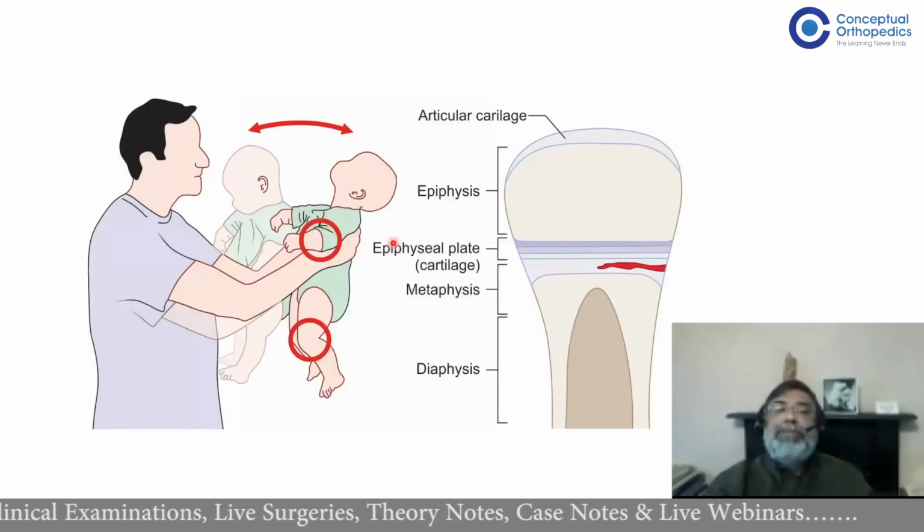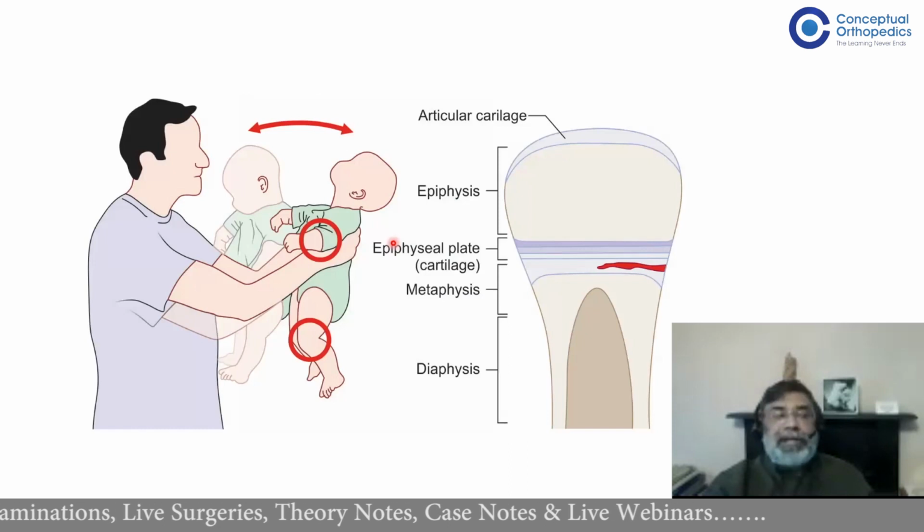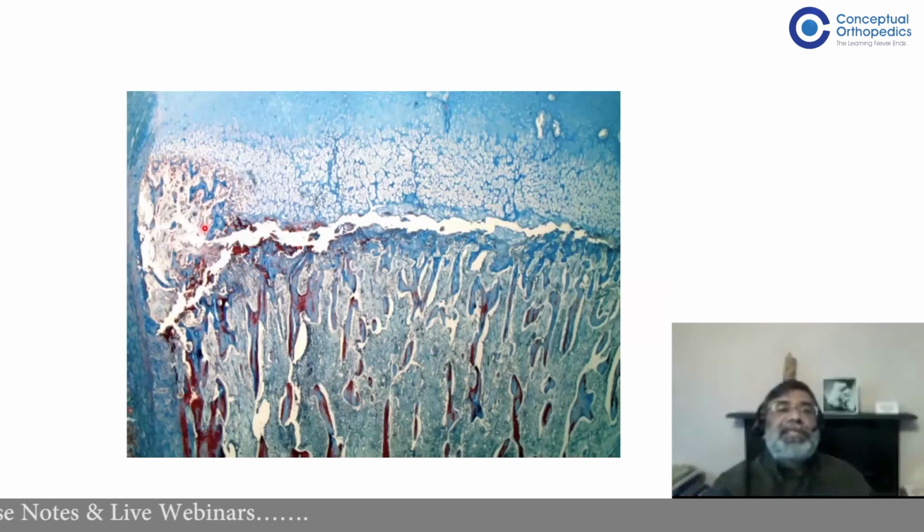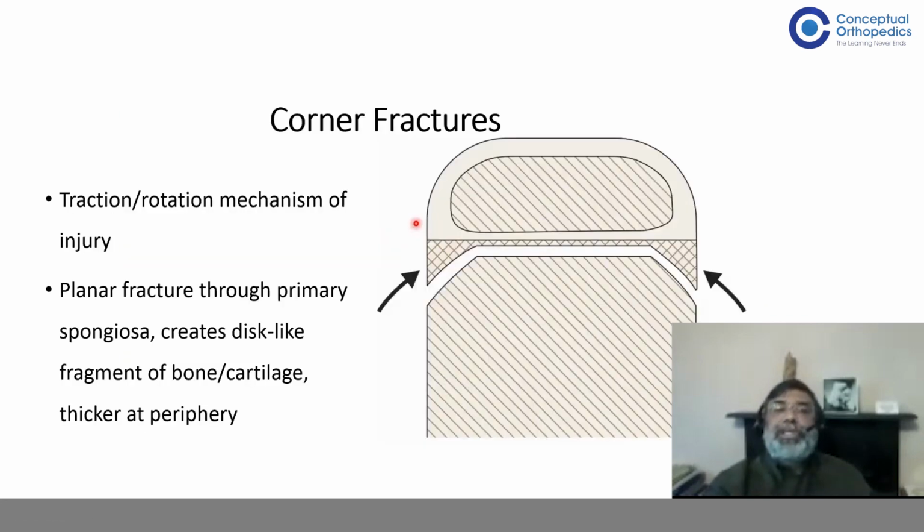Metaphyseal, so remember the corner fracture and the bucket handle fracture, which are classical or pathognomonic of non-accidental injury, actually are in the primary spongiosa, transverse fractures. And since some bit of the bone is more protruding, you only see the corner and you miss the middle bit because of the X-ray projections. And the same